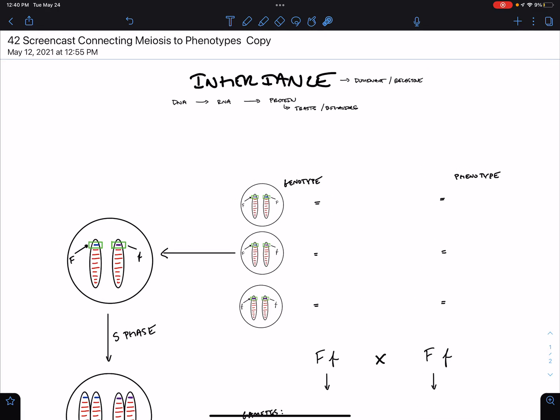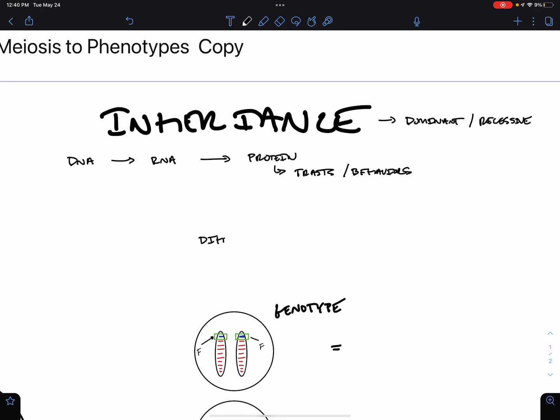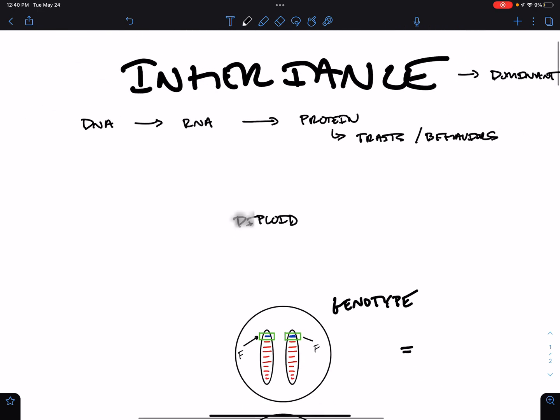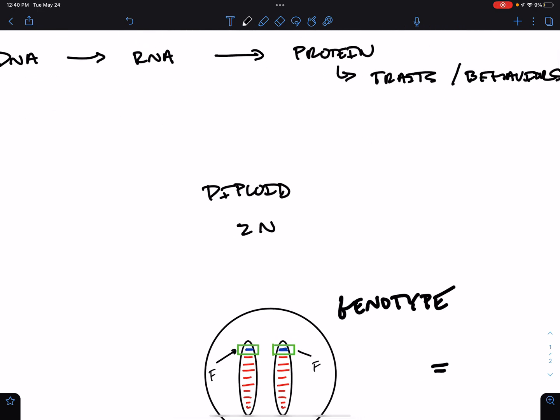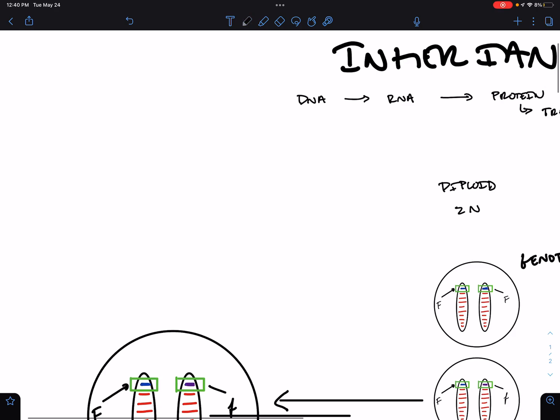Okay, so quick reminder, we are all diploid individuals. Dihybrid cross is what we're going to talk about tomorrow. We're diploid individuals, which means we have two N chromosomes, N being the number of homologous chromosomes, meaning we have two copies of every gene. The gene that we're going to be talking about in today's screencast is the